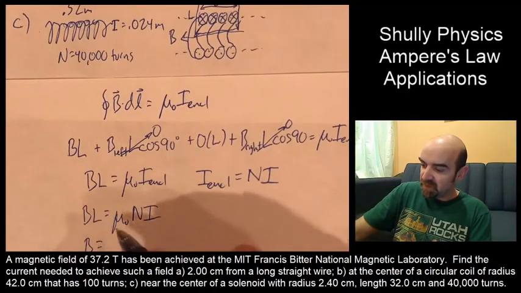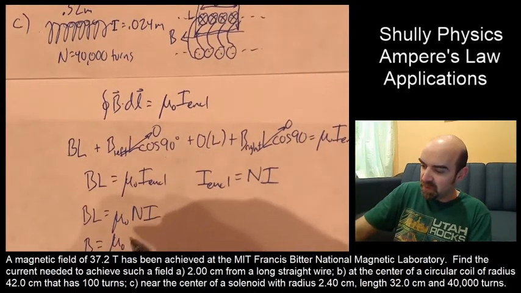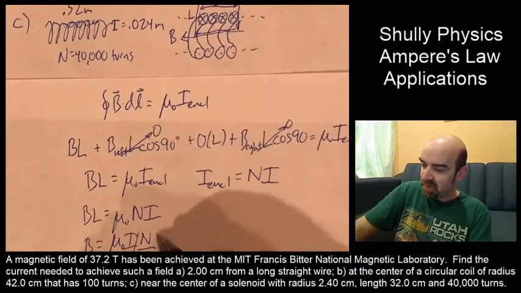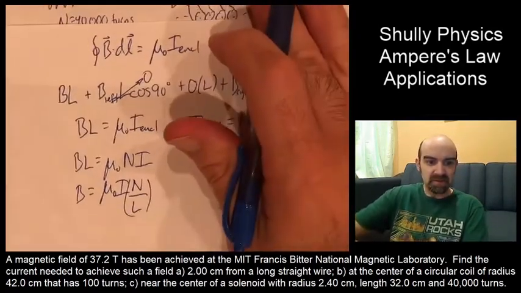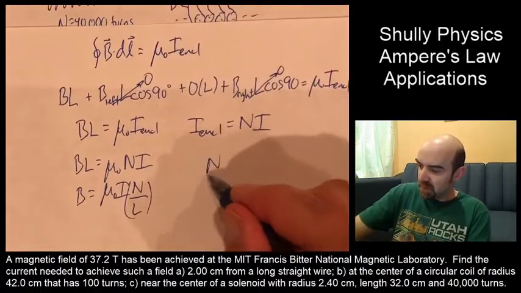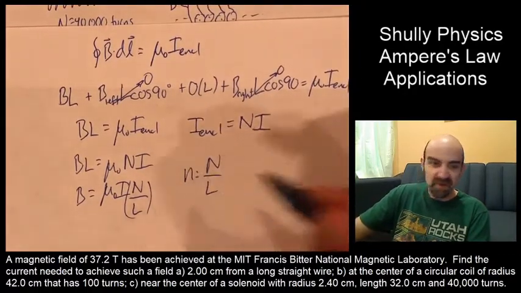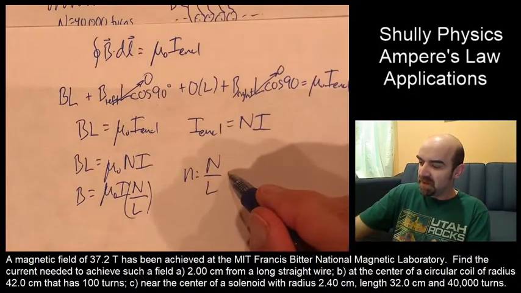So if I divide both sides by L, I get B equals mu naught I times n divided by L. And I'm going to call this n over L. I'm going to call it lowercase n because it'll have the same,